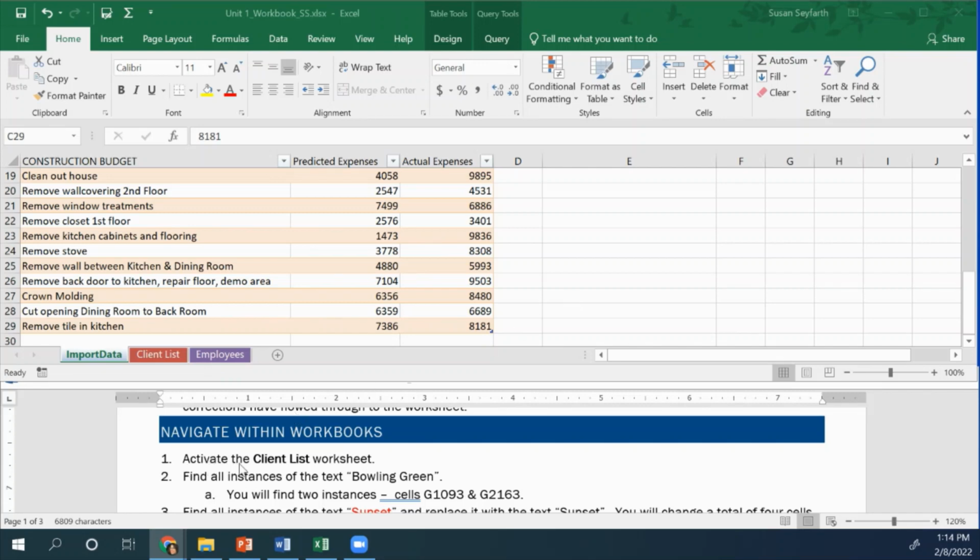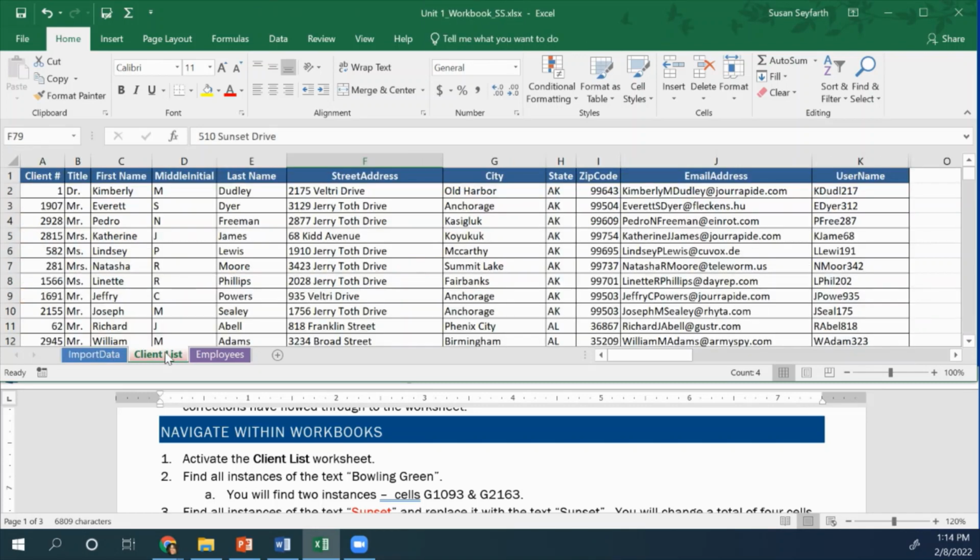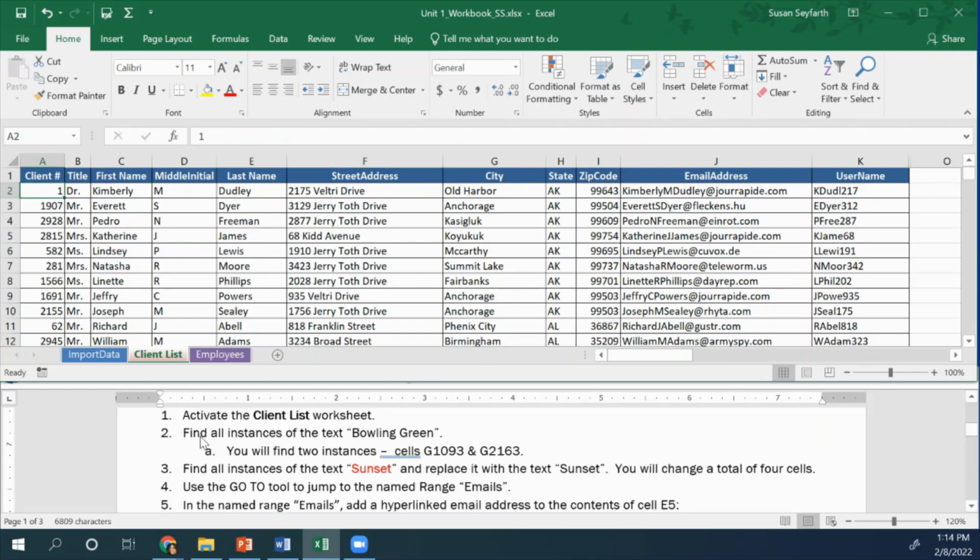Step number 1 is to activate the Client List worksheet. So up here in our Excel window, we will click once in the window to make it our active window, and then we will click the Client List tab to move to that tab. Our task is to find all instances of the text Bowling Green. We should find two instances at cells G1093 and